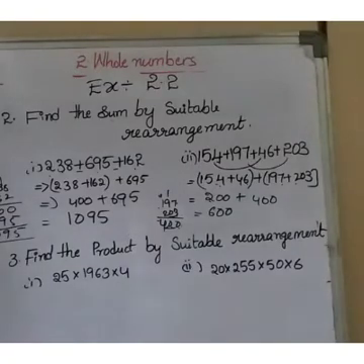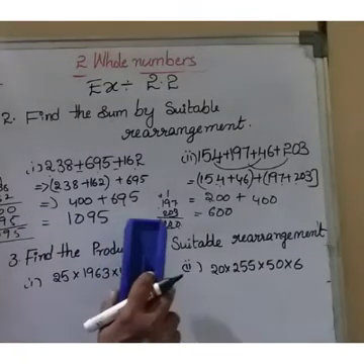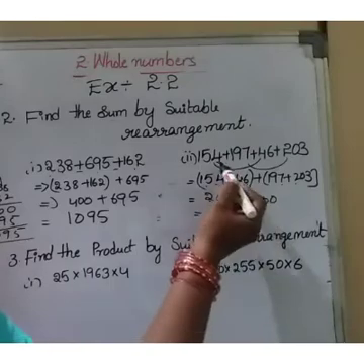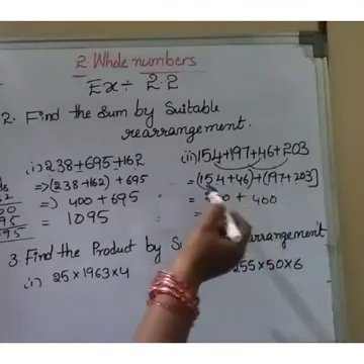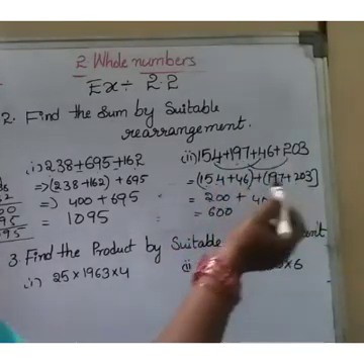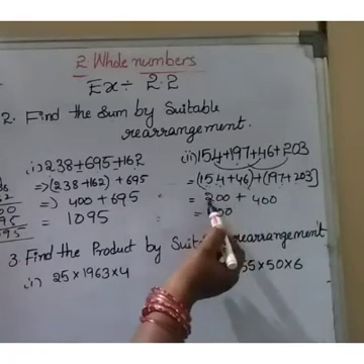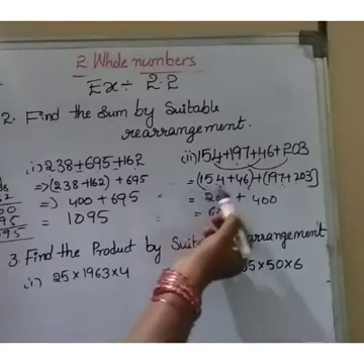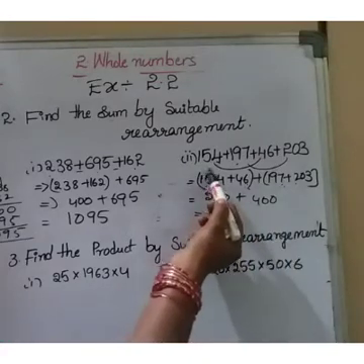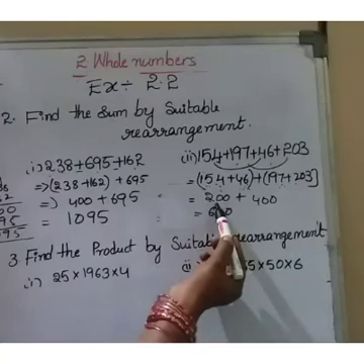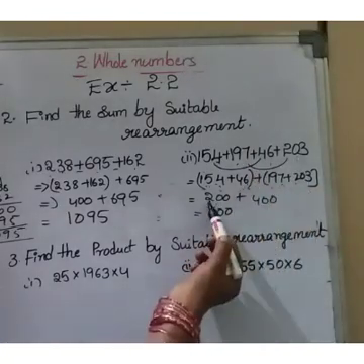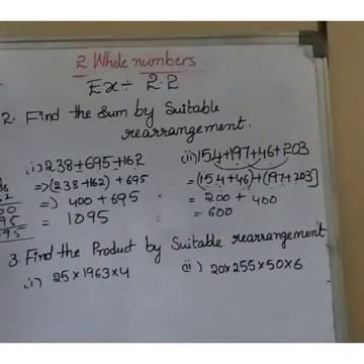Why do we arrange it like this? Look here children, 154 plus 46 we arrange in one bracket, the remaining two numbers in another bracket. 6 plus 4, 10 will come, and 7 plus 3, 10. It is very easy to add, that's why we arrange it like this. 154 plus 46 is 200, 197 plus 203 is 400, 200 plus 400 equal to 600.